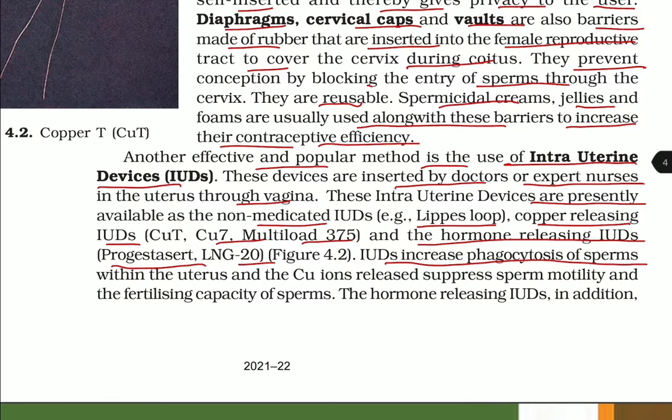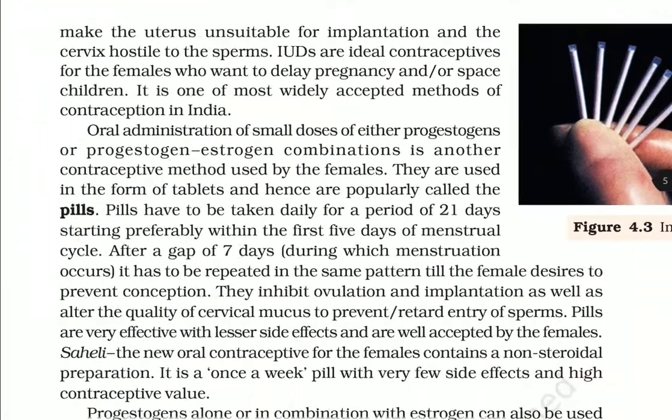IUDs increase phagocytosis of sperm within the uterus, and the copper ions released suppress sperm motility and the fertilizing capacity of the sperms. The hormone releasing IUDs, in addition,